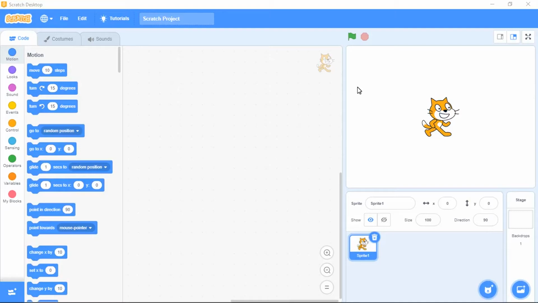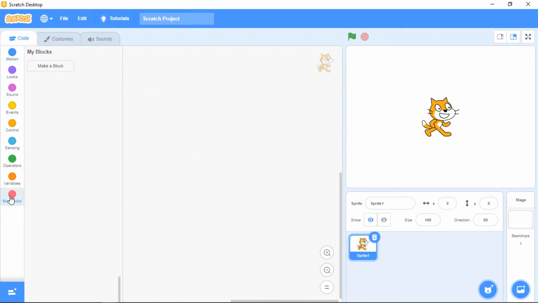Today we'll see the block concept in Scratch application. So, My Block is nothing but if you want to create your own block, that is customized blocks. So this is the My Block. My Block in Scratch is similar to the functions in some other languages, where we can create our own